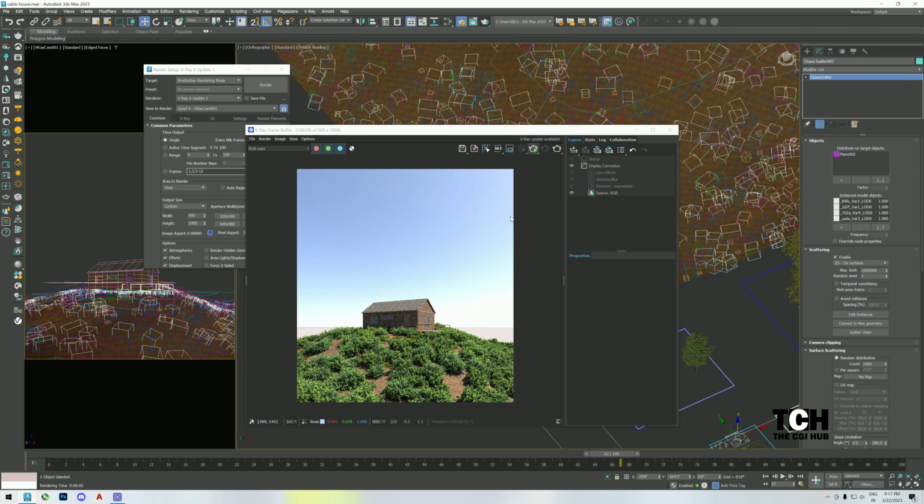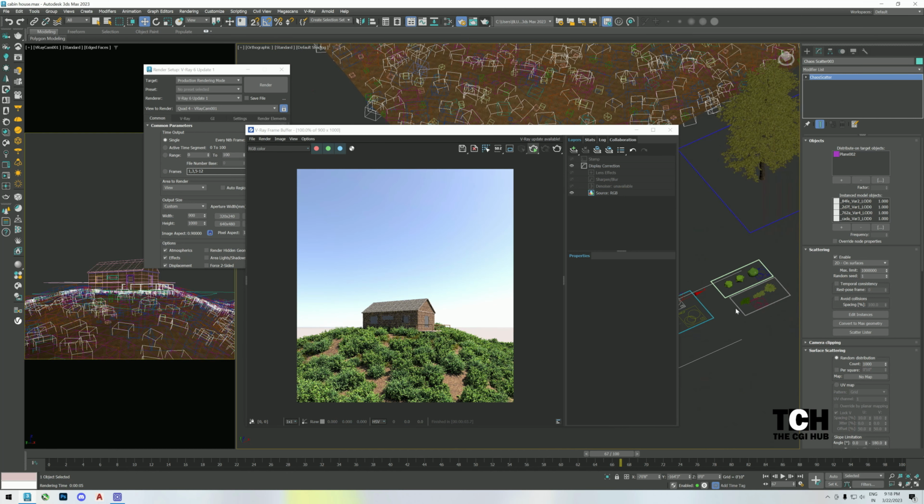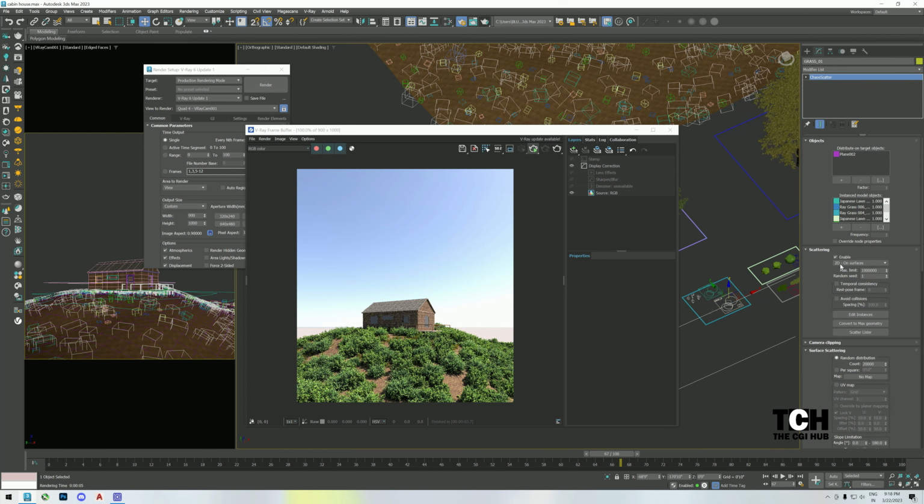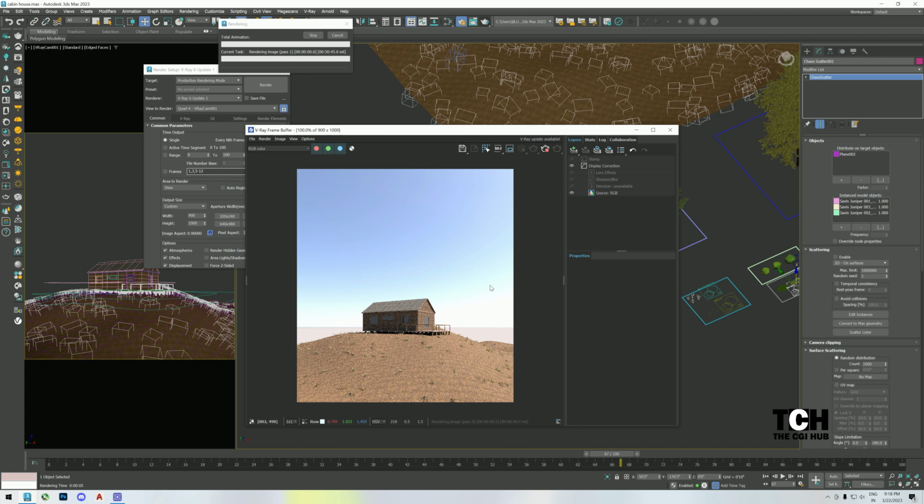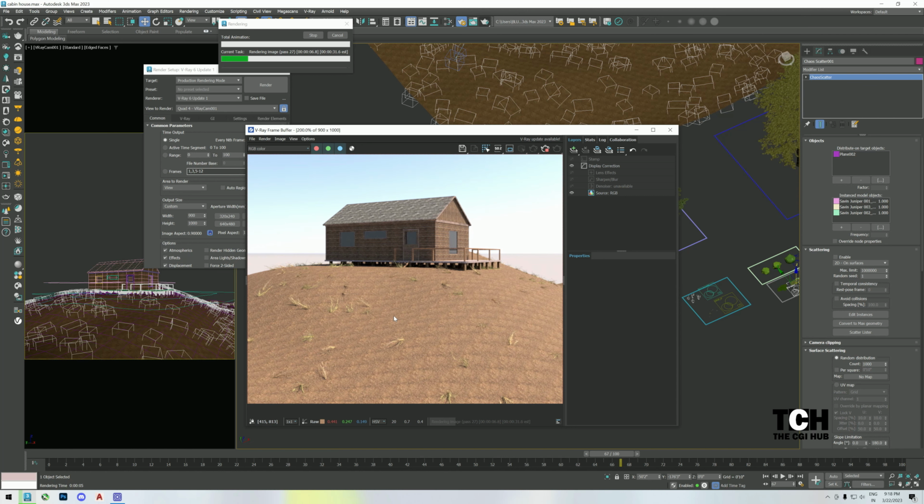But first of all let's go and disable this one. Just disable this one. Also this one is also disabled. Yep, there is, oh my god,